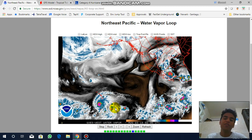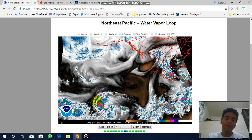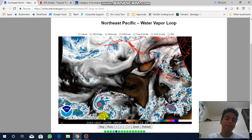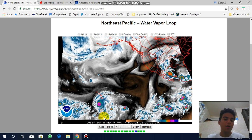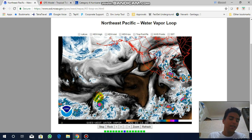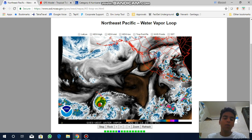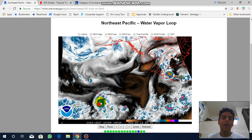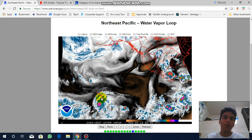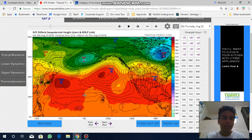Also, major surf and beach erosion are possible, and the typical types of stuff you would expect in a hurricane: strong winds, heavy rain, flooding, and possibly storm surge flooding from this as well, depending on certain beaches. But for the people in Hawaii, you need to remember that the leading cause of death in hurricanes is flooding, whether it's inland flooding or coastal flooding. But we could still definitely see